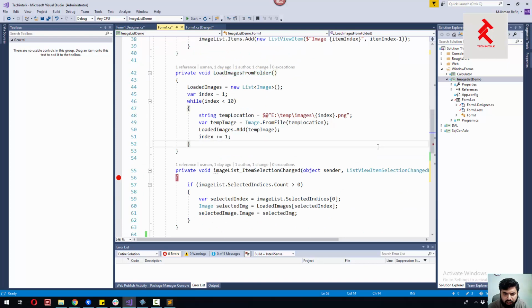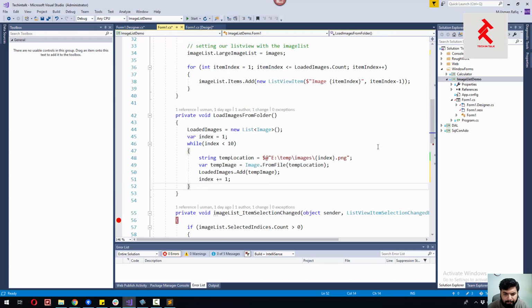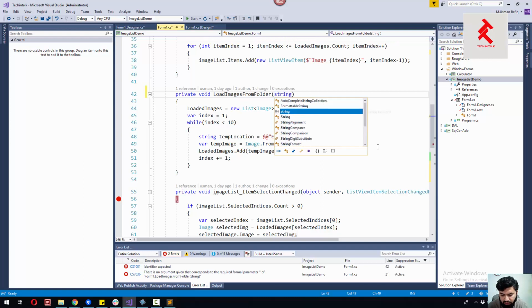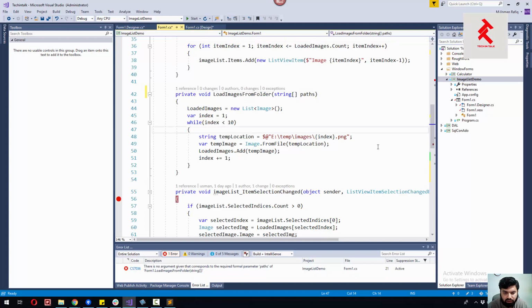Okay, and what it is doing, that it is picking all the files, basically 10 hard-coded length of files from this location. So what I will do, I will give that list to this function dynamically. Let me forward that list paths, and it will do that